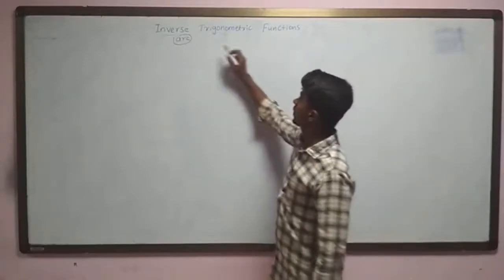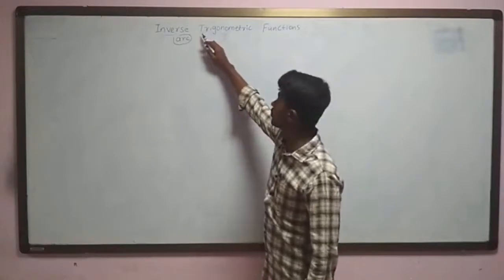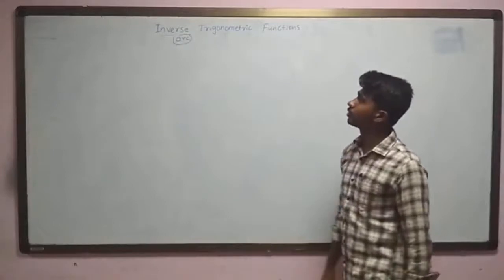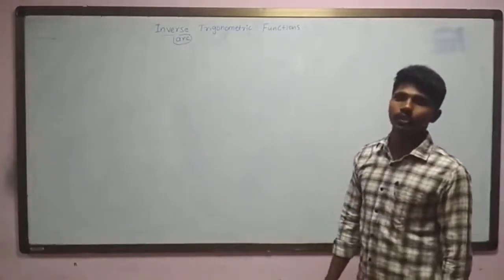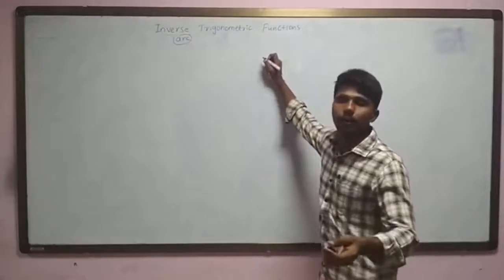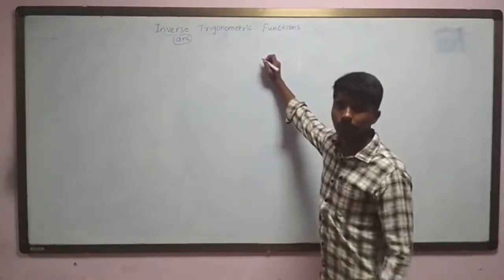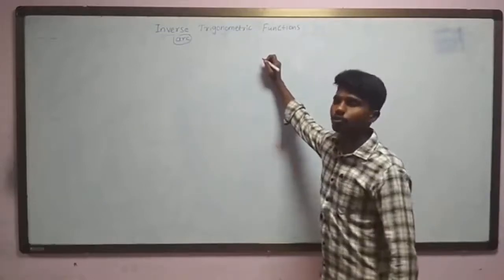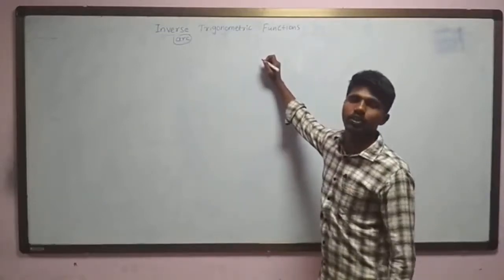First of all, we have to know the domain and range of trigonometric functions. Then we define the domain and range of inverse trigonometric functions. So first of all, what do we mean by a function? A function f is a mapping from A to B, where all elements in A have an image in B. Those types of things are called functions, relations.